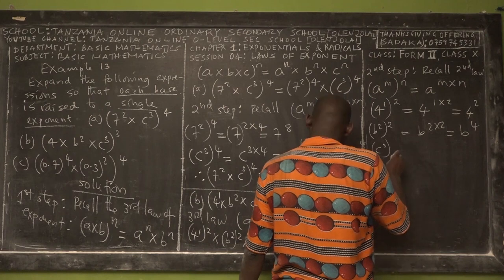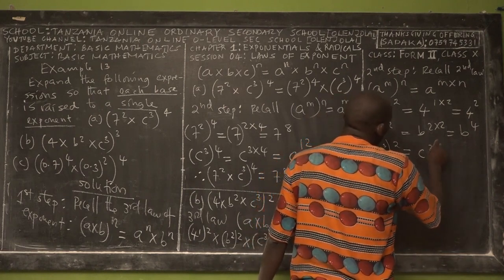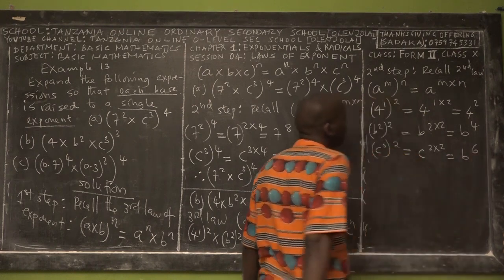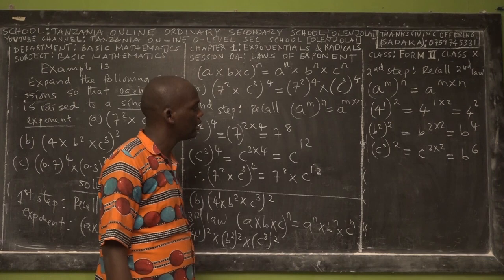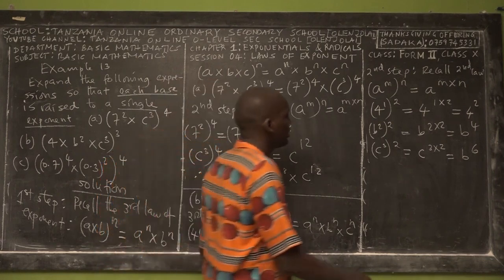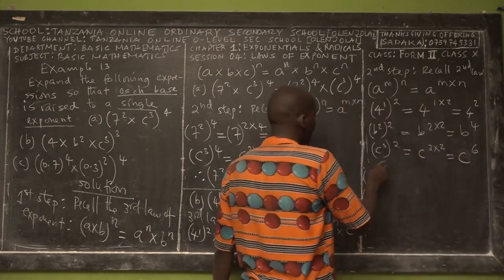The next part is C power 3 power 2, right? This is equal to C power 3 times 2. The answer is equal to C power what? 6. C power 6, not B. It is C, thank you. It is C power 6, right? Yes. So therefore the answer is